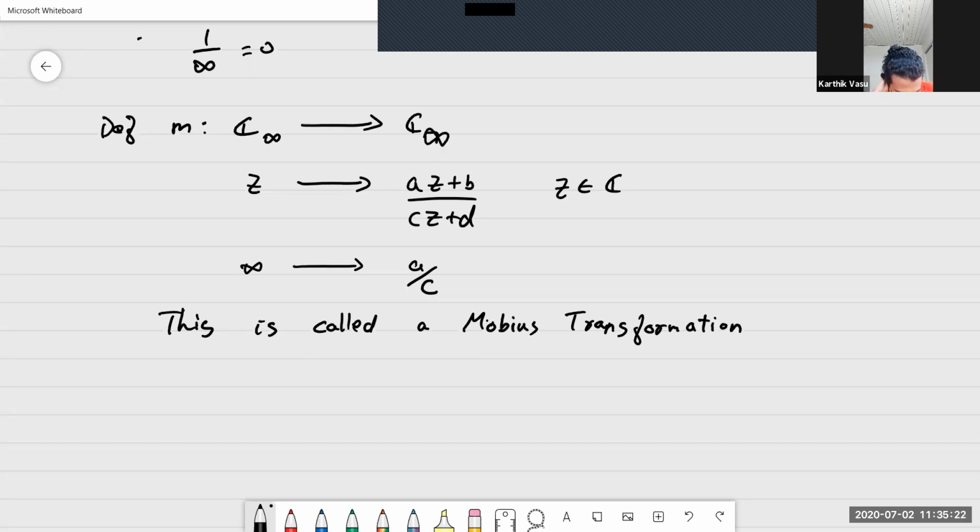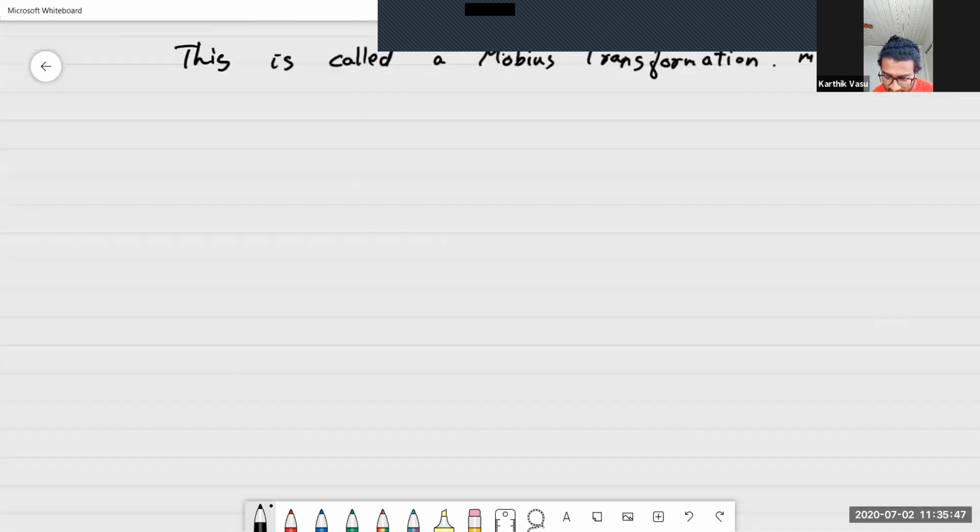by doing this definition, this will happen to be continuous. Okay. You can verify that when Z goes to infinity, your expression will approach A over C. Okay. Next,